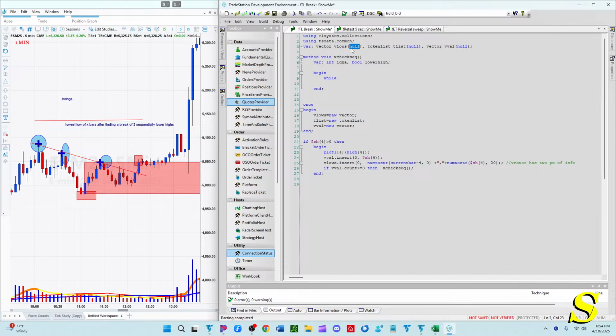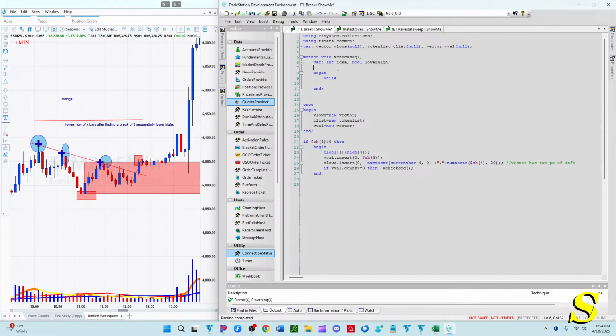You put the initial value here, right? But with a method, you're not putting an initial value. All you're doing is saying what the value type is. So you really want to make sure that you know what the initial value is before you start